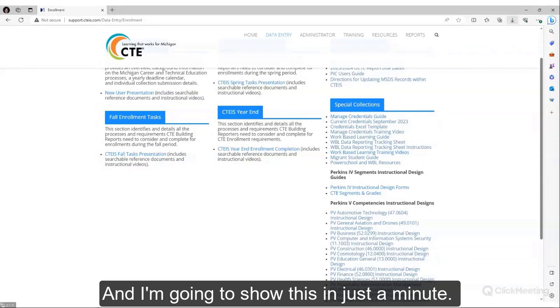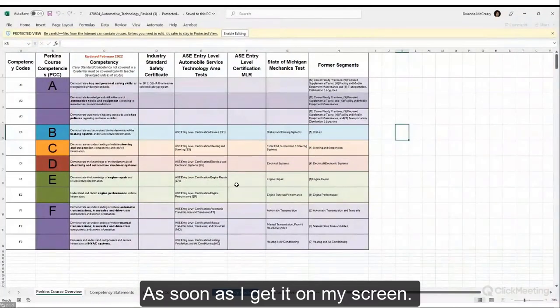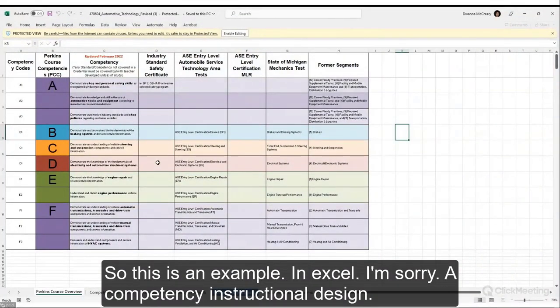And I'm going to show this in just a minute as soon as I get it on my screen. So this is an example of an Excel,